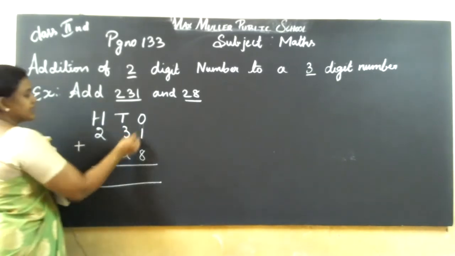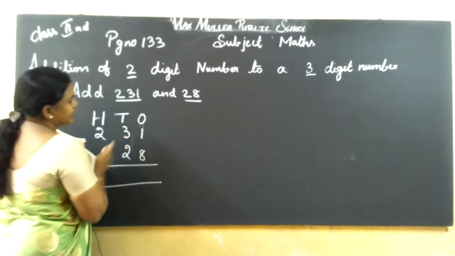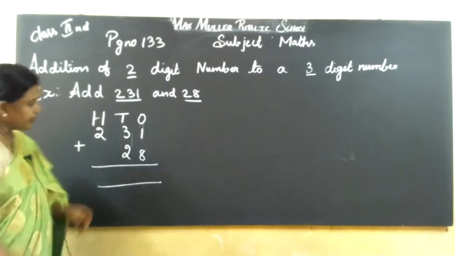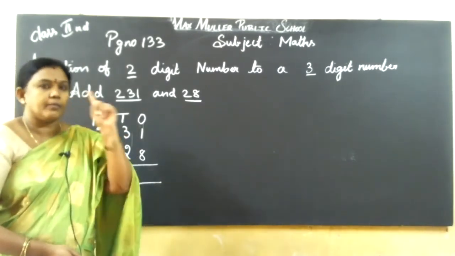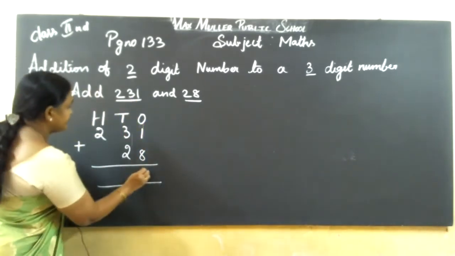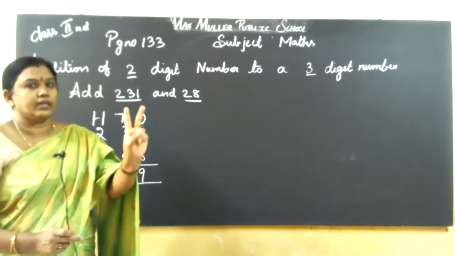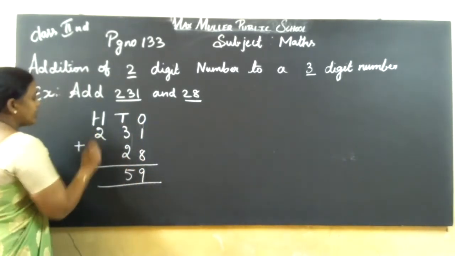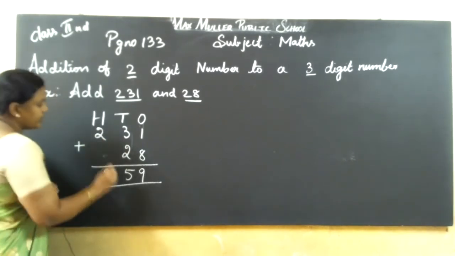First we'll add this ones column. 1 in the mind, 8 in the finger. See, if a big number is there, you keep the big number in the mind. 8 you keep in the mind, 1 in the finger. After 8, 9. See, 3 plus 2. 3 in the mind, 2 in the finger. After 3, 4, 5. As it is, 2. Here down no number. So as it is, you want to write 2.